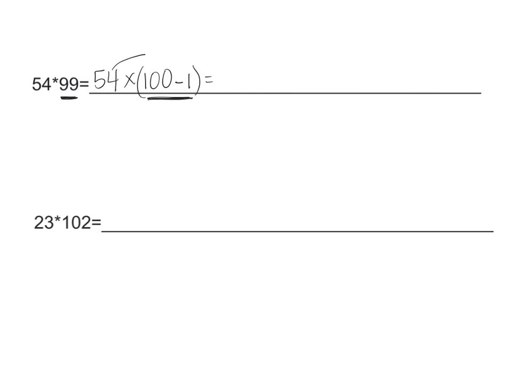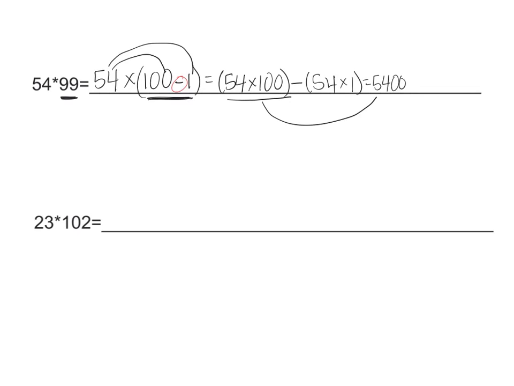Now I do outside times inside. 54 times 100. I have a minus here, so I'll keep my minus, my subtraction sign. 54 times 1, outside times inside. Then my multiplication. 54 times 100 is equal to 5,400